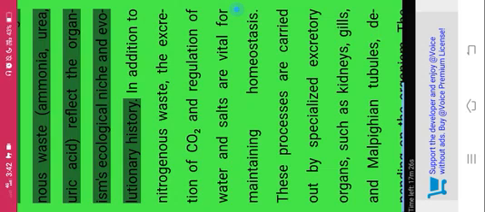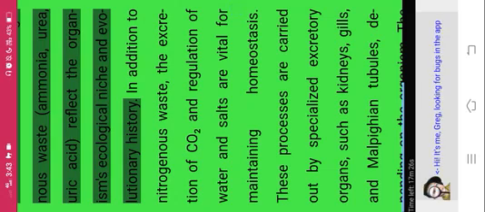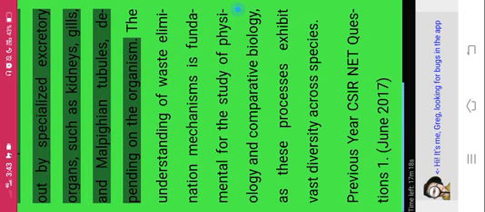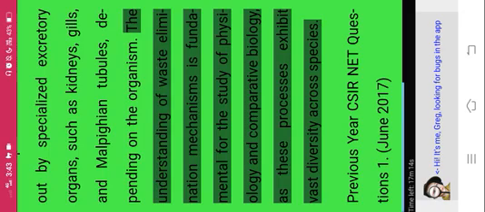The various forms of nitrogenous waste, ammonia, urea, uric acid, reflect the organism's ecological niche and evolutionary history. In addition to nitrogenous waste, the excretion of CO2 and regulation of water and salts are vital for maintaining homeostasis. These processes are carried out by specialized excretory organs, such as kidneys, gills, and Malpighian tubules, depending on the organism. The understanding of waste elimination mechanisms is fundamental for the study of physiology and comparative biology, as these processes exhibit